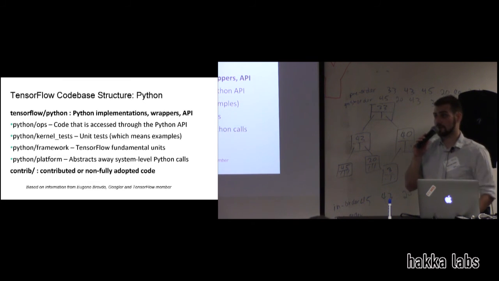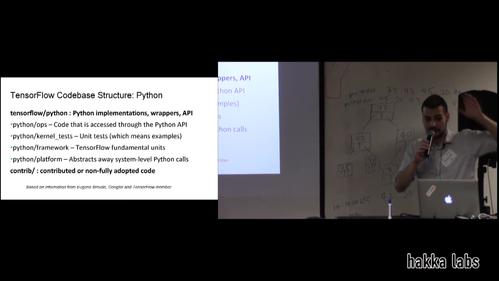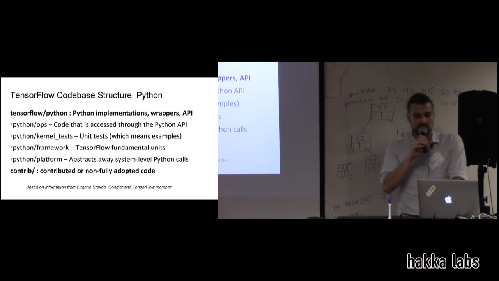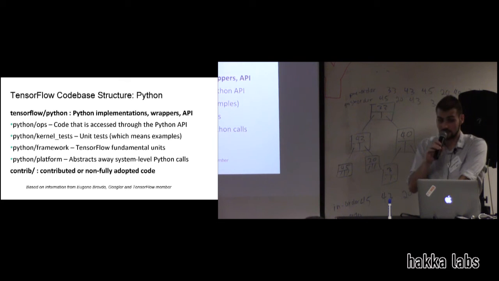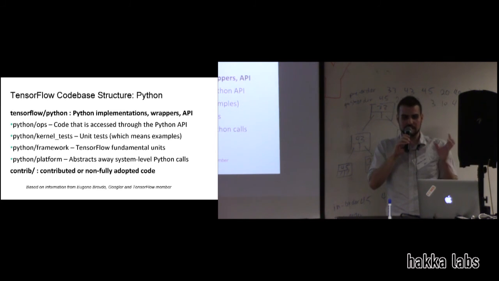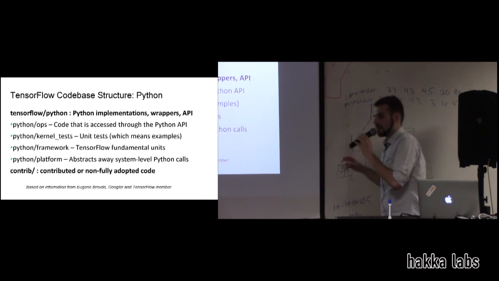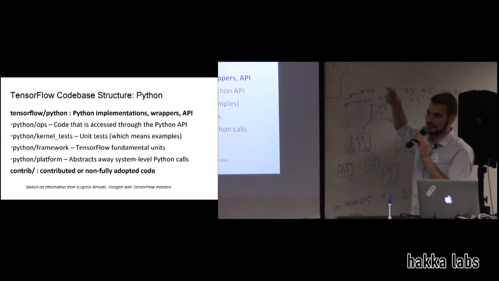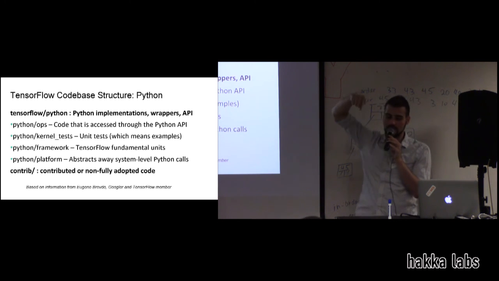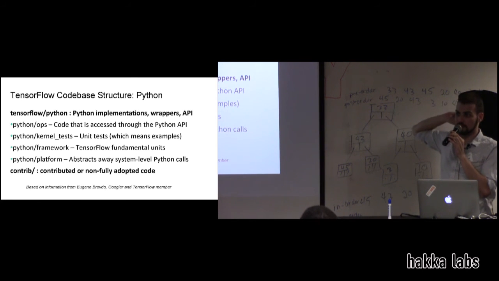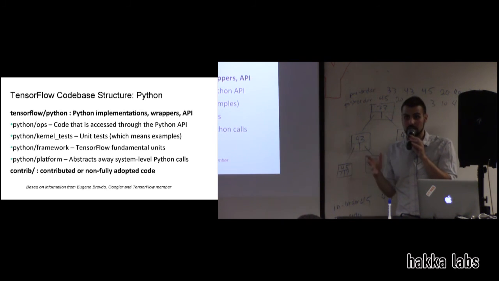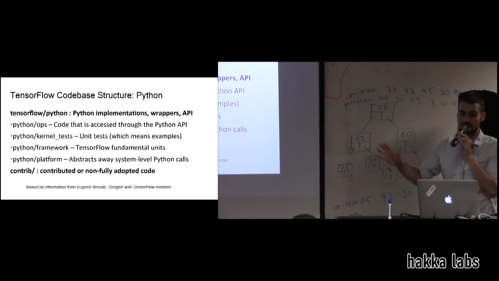Then if you go, instead of going into the core folder inside of TensorFlow, into Python, you'll see the Python implementations. You'll see wrappers, you'll see testing, you'll see gradient implementations, and you'll see the fundamental Python code. Something that I wanted to mention: if you install TensorFlow, there are files in your installed version that you won't see in the repository, the so-called gen files. If you want to really see what's going on, you can go into your Python or Anaconda folder, find your Python library, and look at those gen files.